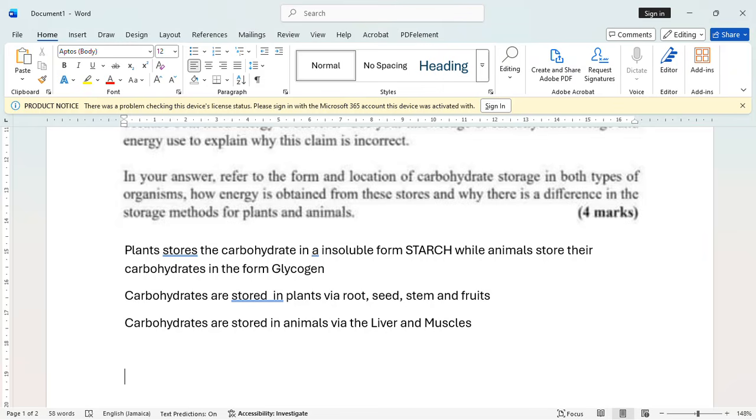Or what is it used for? So it is used for what? So growth and reproduction. While in animals,